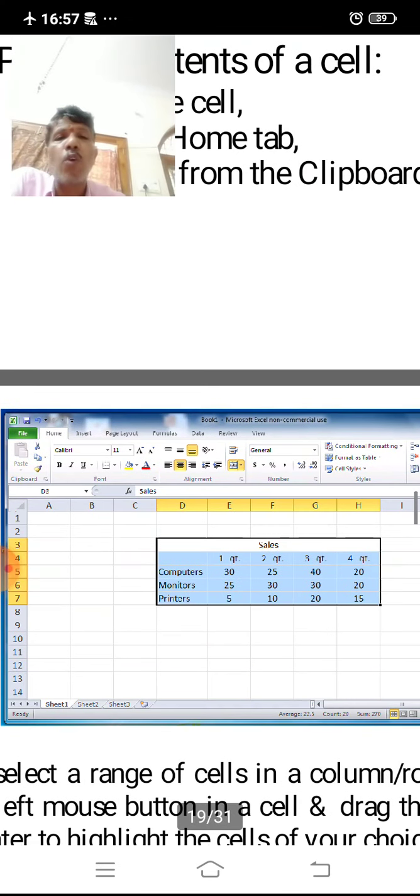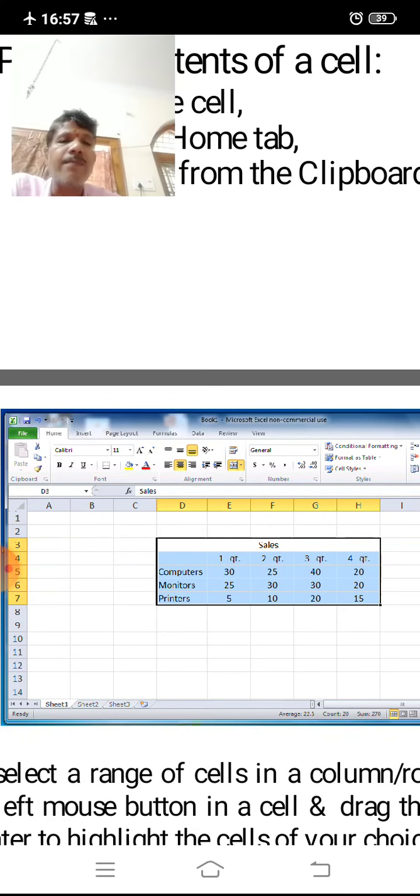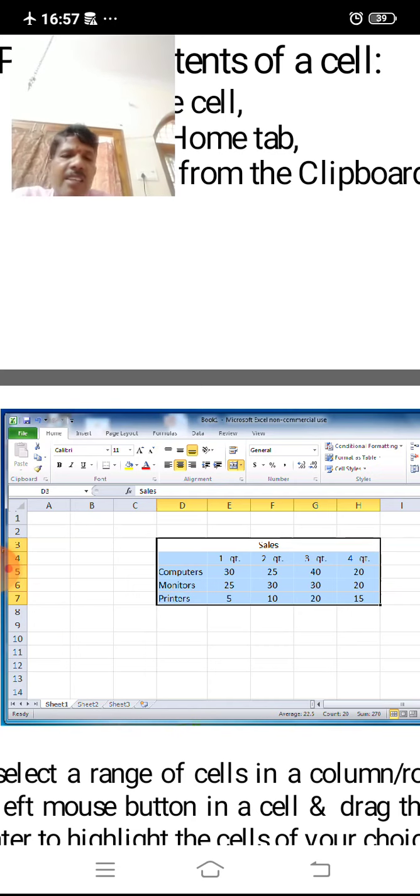If you want to copy this entire data, simply click at the top left corner of this part and drag it with the mouse to select the entire data.